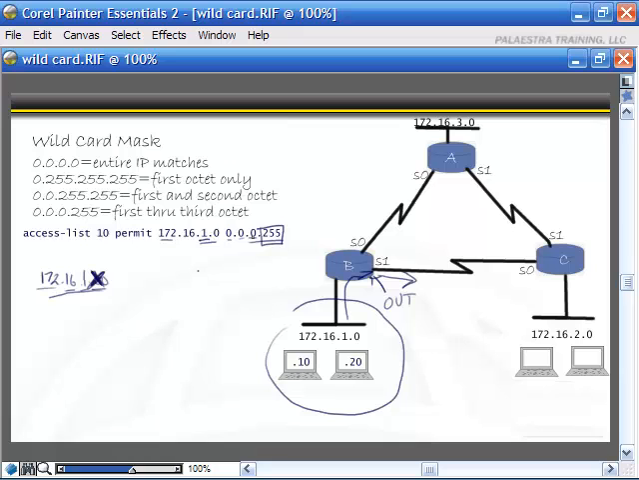If I want to allow the whole network, what I would do is use 172.16.0.0 with 0.0.255.255, and that would permit the entire network. So maybe, I don't know, instead of 172, it might be 192.168 up here. Might be this network up here, and we're allowing all 172.16 traffic to go out of that interface. So again, this is our statement,